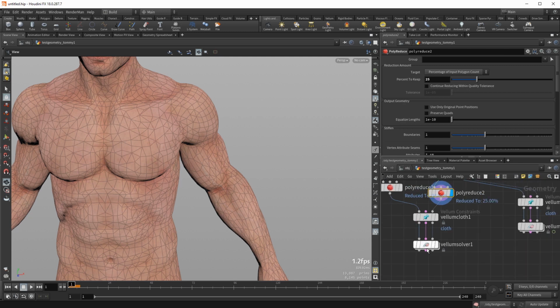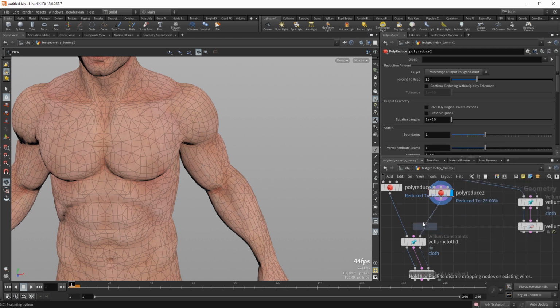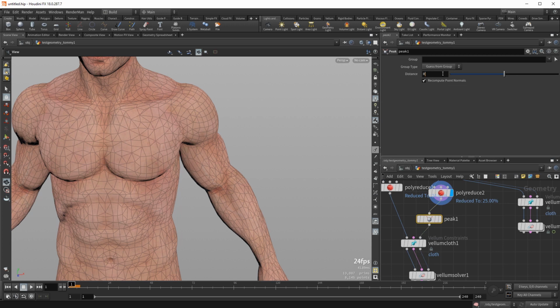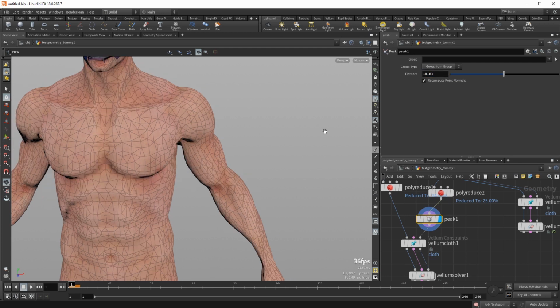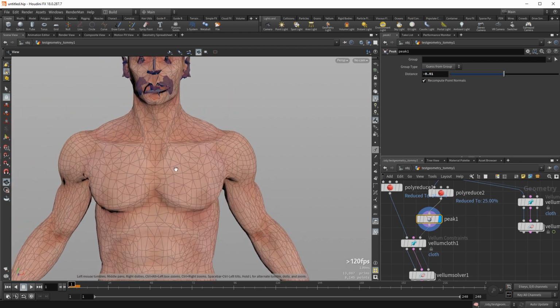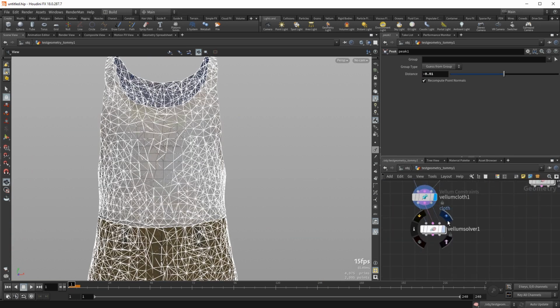And then I'm going to have Tommy lose some weight, to allow the cloth to slide a bit more, otherwise it doesn't move very much. So I'm going to do a peak SOP. And it's going to lose a fair bit of, oops, I gained some weight there. There we go. Ah, it's scary. So now with the lightweight Tommy,